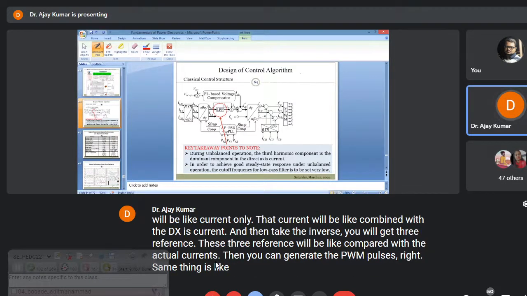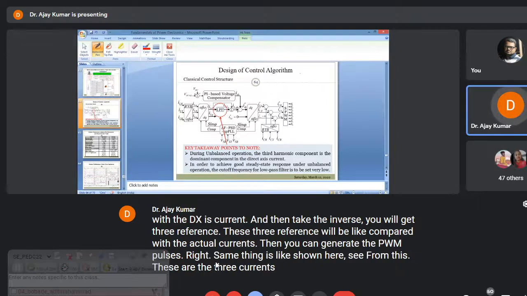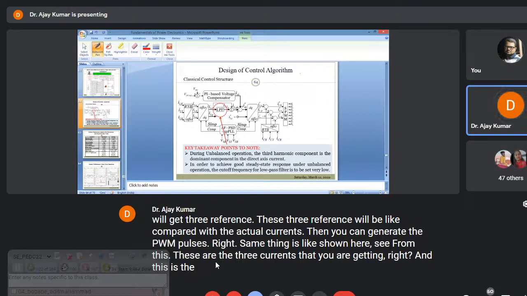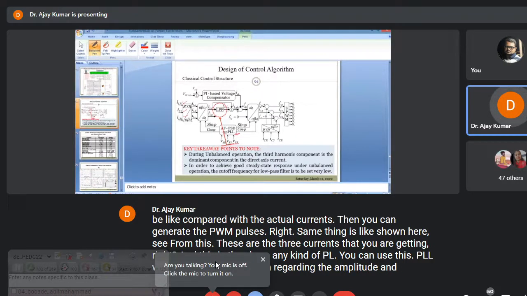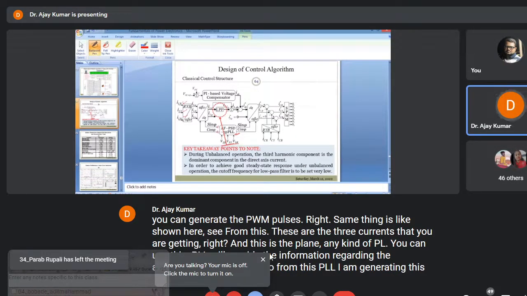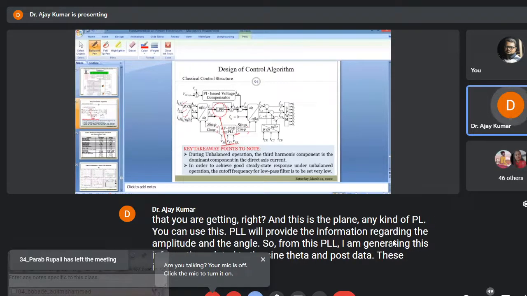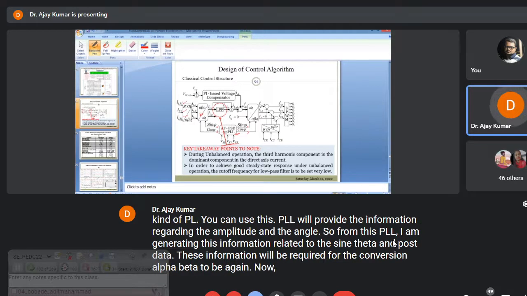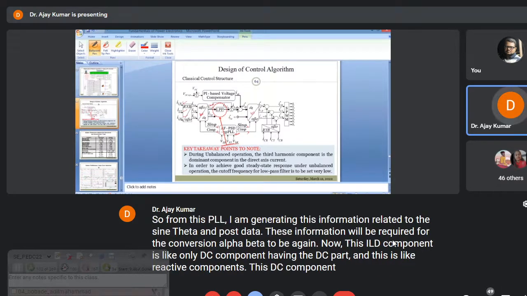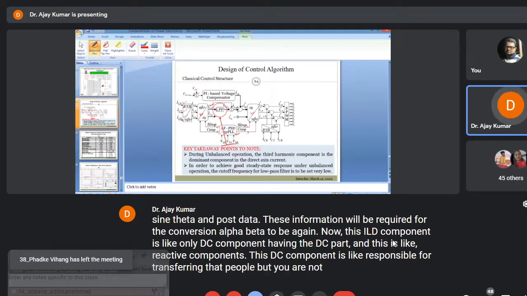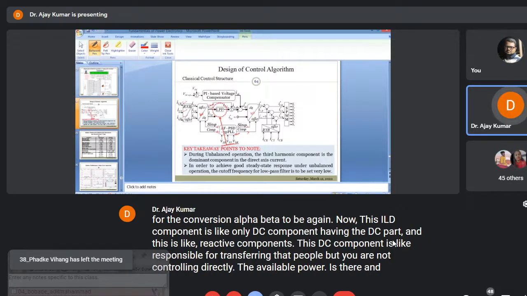See, these are the three currents that you are getting, right? And this is the PLL. Any kind of PLL you can use. This PLL will provide the information regarding the amplitude and the angle. So from this PLL, I am generating the information related to sine theta and cos theta. This information will be required for the conversion alpha beta to DQ, and again DQ to alpha beta. Now, this ILD component is only the DC component, having the DC part, and this is the reactive component. This DC component is responsible for transferring the active power, but you are not controlling it. The available power at the DC link, that entire power will be transferred to the grid,